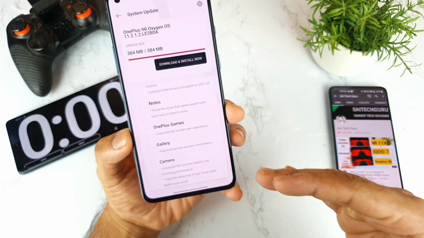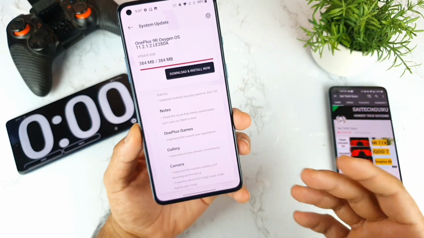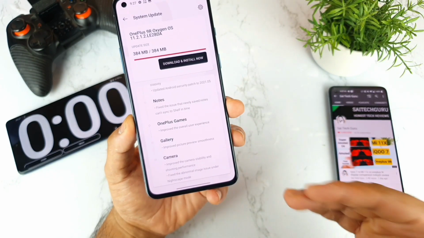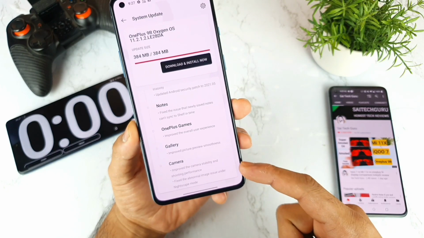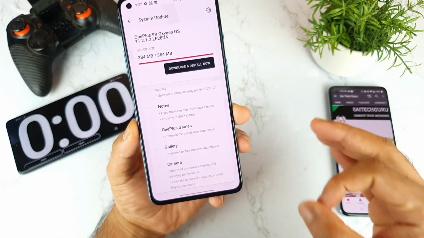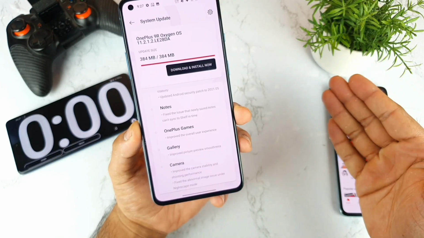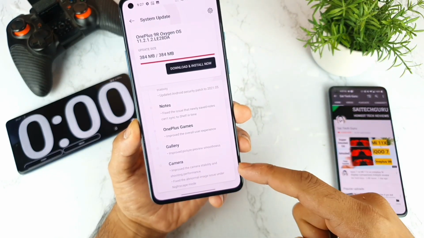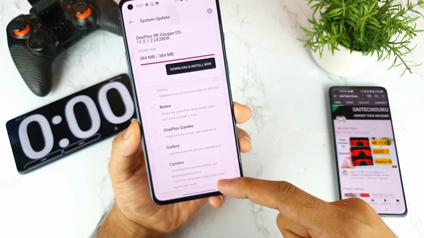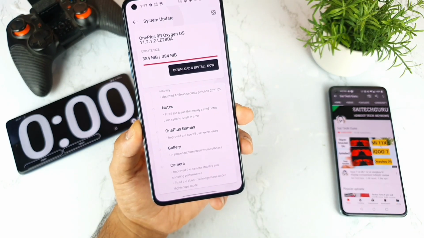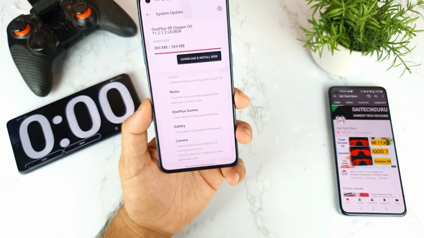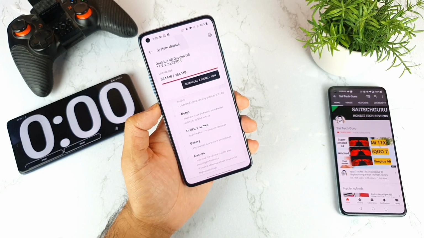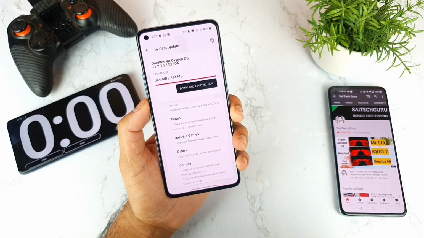Camera is the main thing where a lot of users commented under the videos saying the camera got improved a lot after the update. That is what I'm going to test, friends. After updating, I'll mainly test the camera and compare it with the IQ7 and the Mi11X as well. Improved camera stability and shooting performance, fixed the abnormal image issue under the nightscape mode. These are the things which got fixed and added, and the update size. Now let's see how much time it takes to completely download and install.